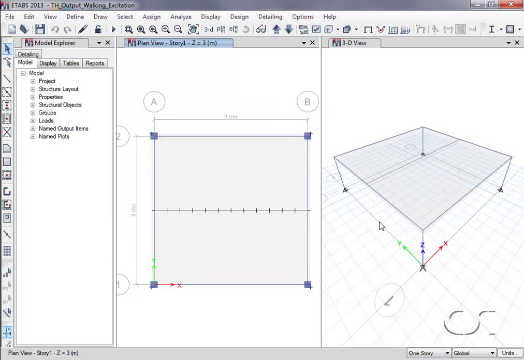Now we will assign the footfall loads to the different joints that define the path of the walk. Selecting the first joint,